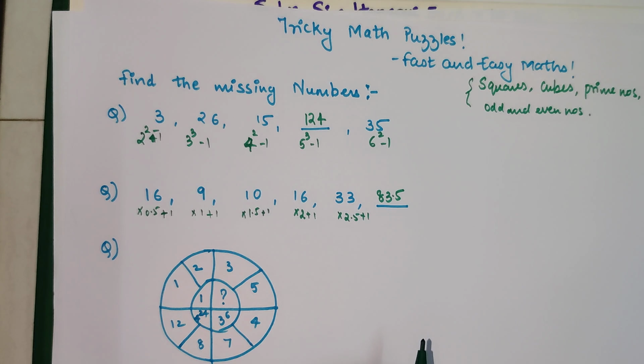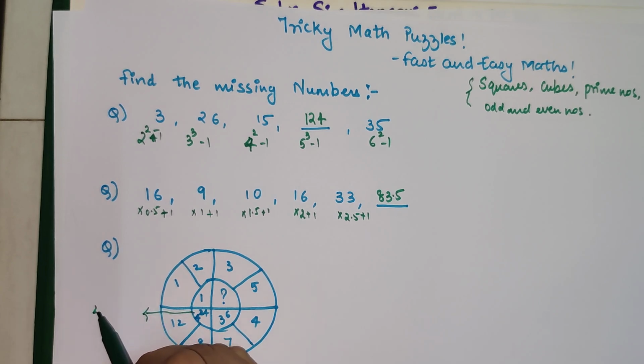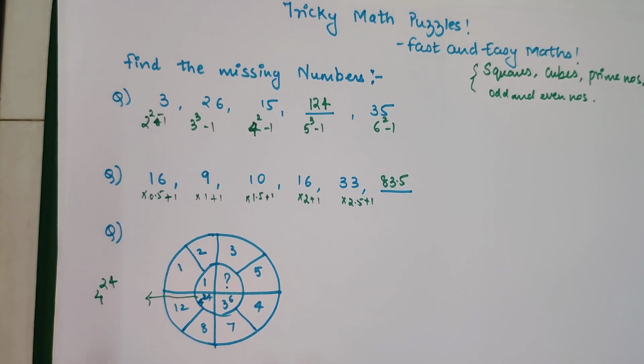Okay students, so now we are coming back to the next question. So this is a kind of a puzzle, but all you need to do is just find the missing number. And for those of you who are getting confused as to what is this number, this is nothing but 4 raised to 24. Okay, I'm sorry, please excuse the way I'm drawing because I'm not really good at that.